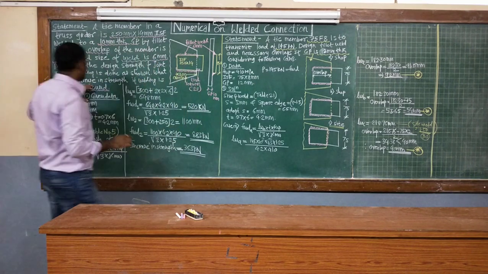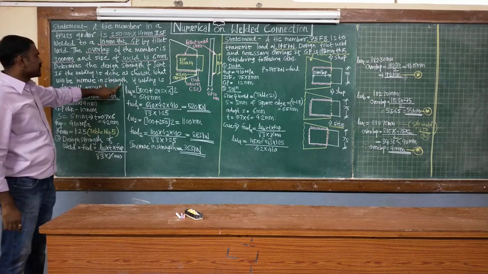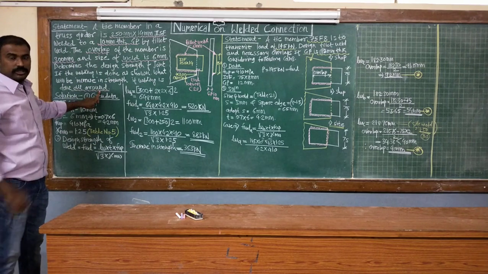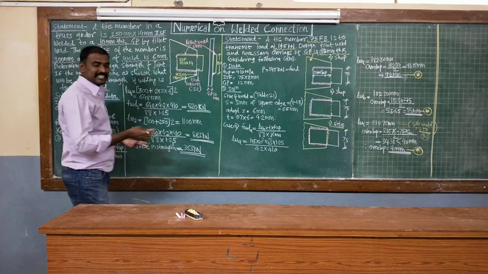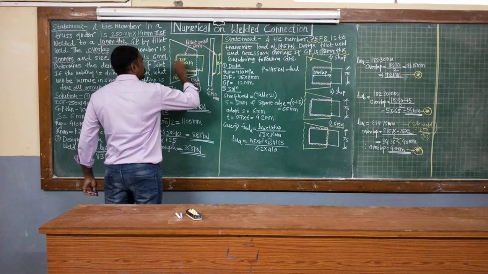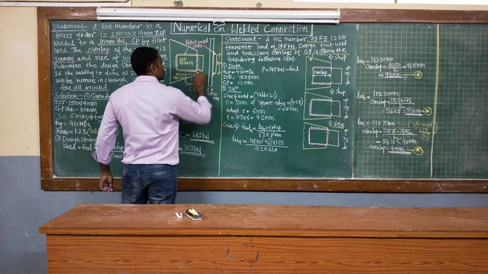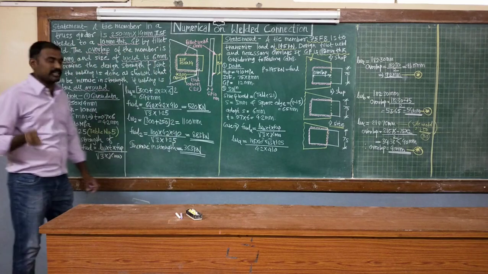Now similarly, in the second statement they are asking what will be the increase in the strength if the welding is done all around. So instead of providing welding only on opposite edges, for the second condition they are now mentioning welding is done on all the sides. This will be the increase in length of welding. So all around 4 sides your welding will be provided. So what will be the total length of welding?